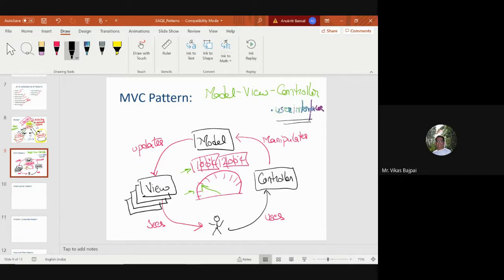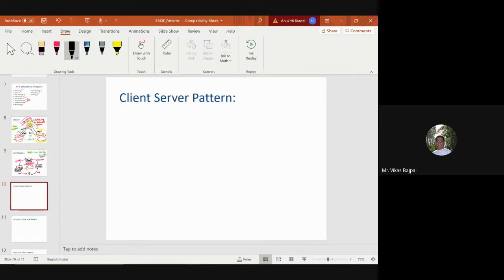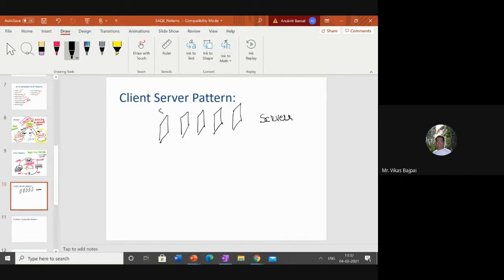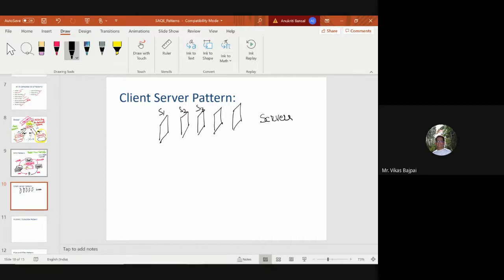Now, next is your client server pattern, right? So everyone is aware about it, right? Everyone is aware about client server pattern. So on this end, let's say I have some series of servers. You can name it as well, S5.